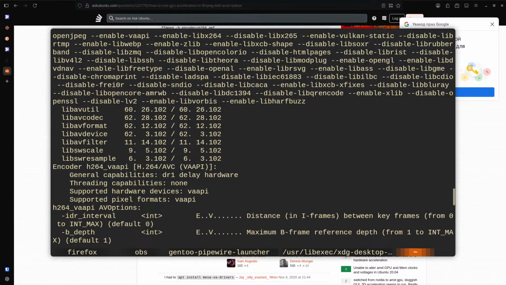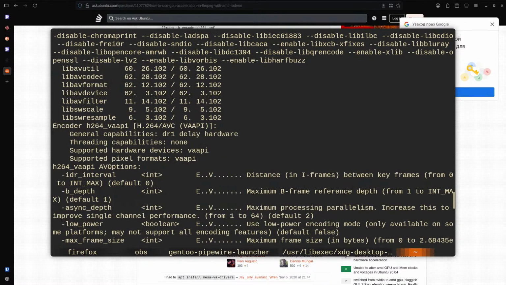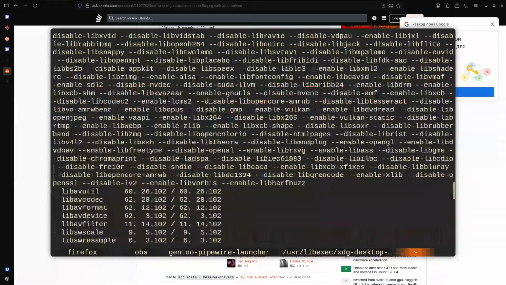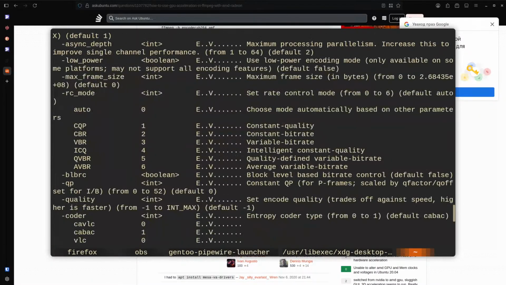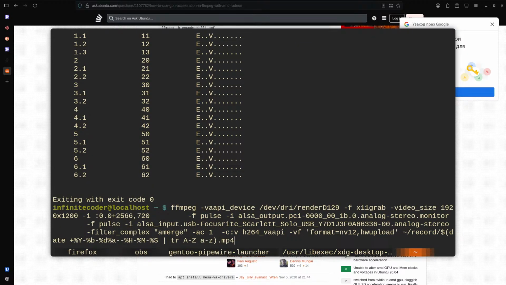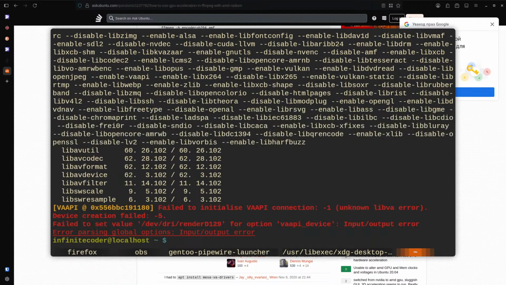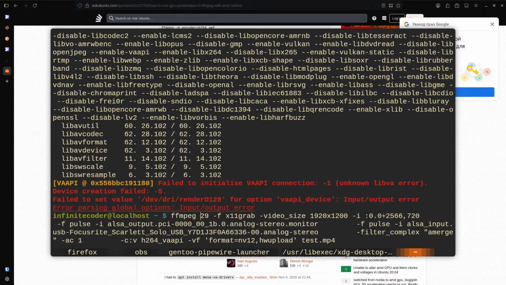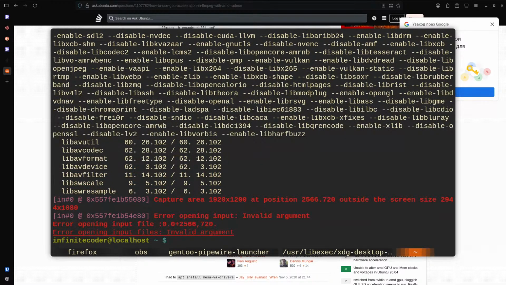Supported hardware devices via API. Oh, what does it say? FFmpeg version. Maybe I just messed up the command. Okay, maybe this command was actually fine if I just replaced this by test. No, it still fails to initialize. Apparently I'm running with sudo, but it doesn't really matter. So if I strip away the VA API device, what's gonna happen?